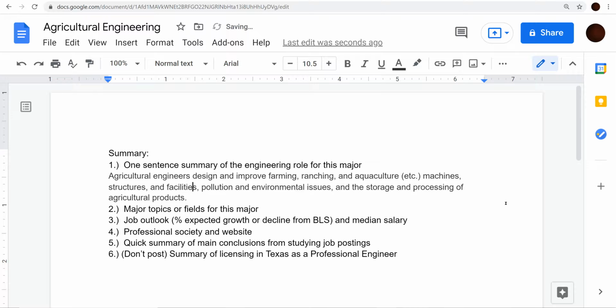So that's sort of one thought there. And then the idea is that we're also doing storage and processing of agricultural products, and also trying to minimize pollution and environmental issues. So we could say while minimizing pollution and environmental issues,